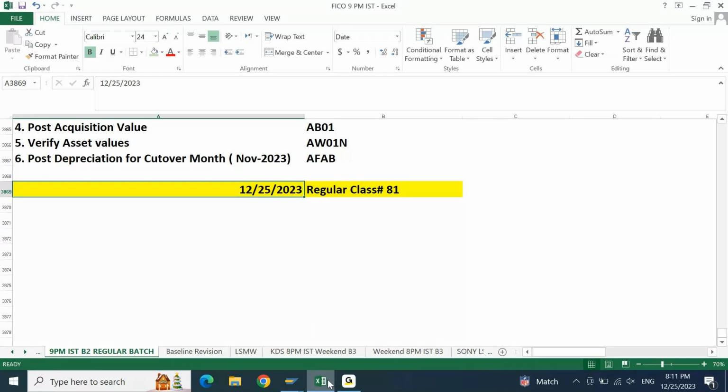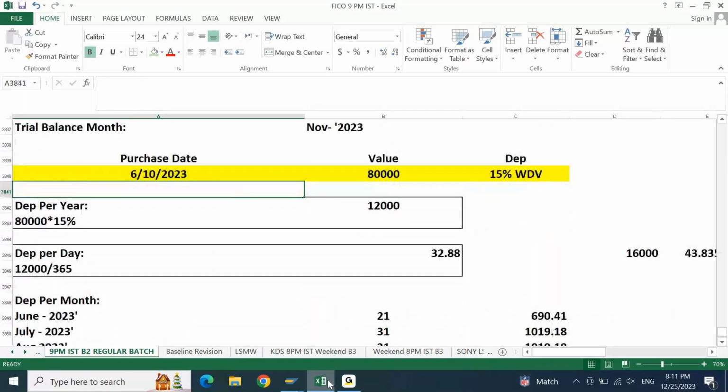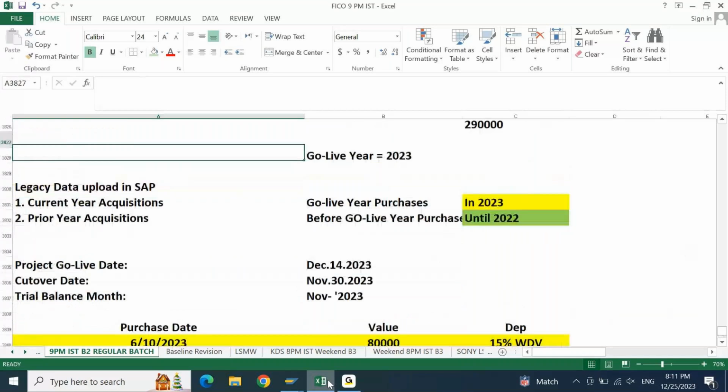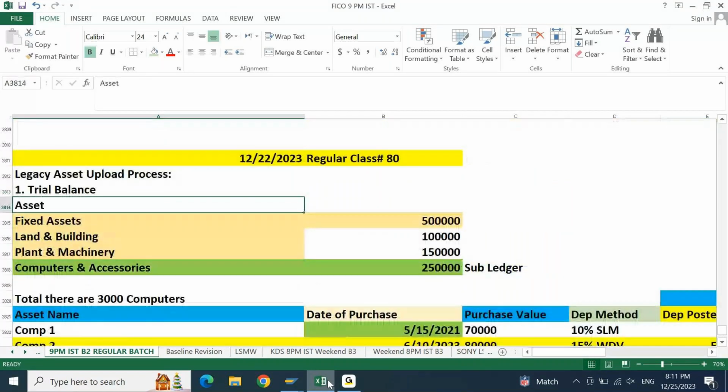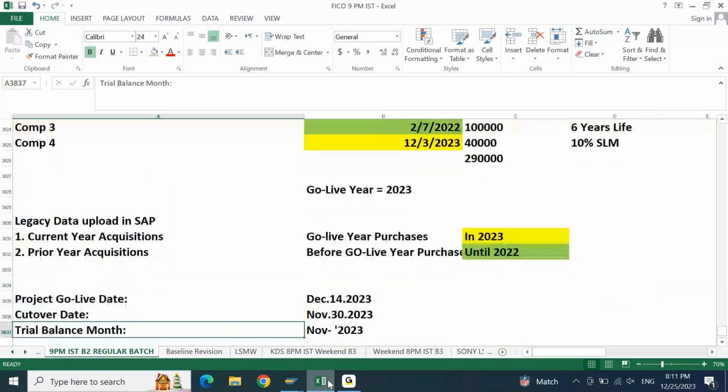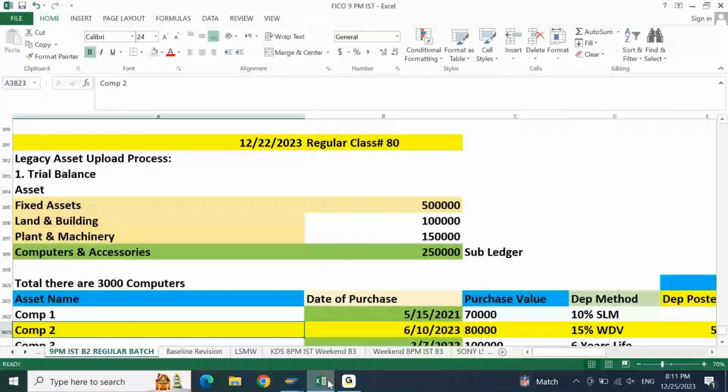Okay, so in the last session, we were talking about asset legacy balance upload for the current year acquisition. We understood how current year acquisition will take place in SAP for the data migration, especially during your cutover activity phase. Now, same example we will take, but with a different acquisition date of last year. So what I'm going to do is, I'm going to take the same example